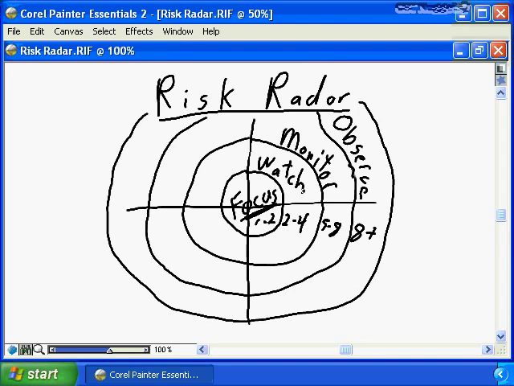Now, to date, we focused on time, the 1 to 2 weeks, the 2 to 4 weeks, etc. You also need to be aware of the profile of the risk. How high is the impact? How high is the probability? So if you have a risk event that's in the 2 to 4 week window, but it's a high probability and a high impact, that in fact is sufficient that you need to move it into the focus component of your risk radar. As a project manager, you need to be effectively managing the risk radar for your project to ensure that the high profile, high urgency, or immediate time frame risks are being carefully monitored and focused on by you, the project manager,